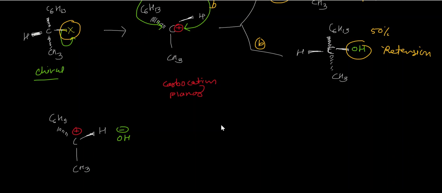Now for a condition, if you consider these two charged species exist as an intimate ion pair, then the attack of nucleophile during this time takes place only on the backside of the carbocation. If these exist for a while, then the attack of nucleophile always takes place on the backside only, but not on the front side. So the product of this reaction is always like that: C6H5, H3C, and H. But the front side attack is prohibited.